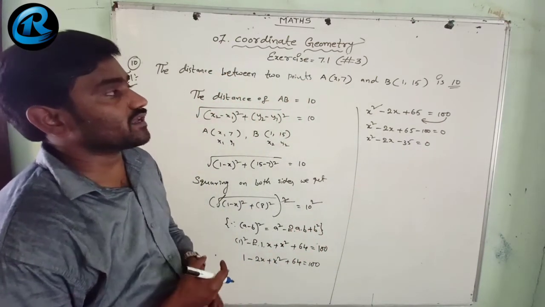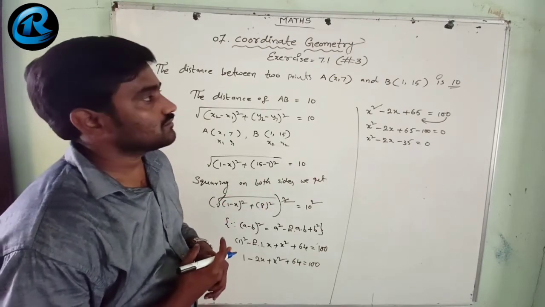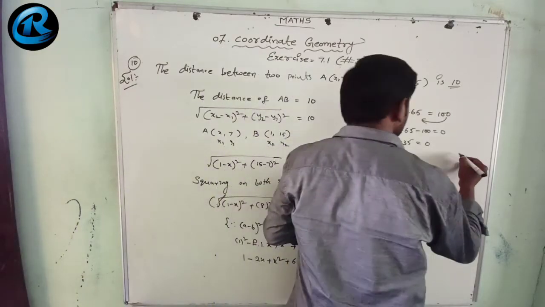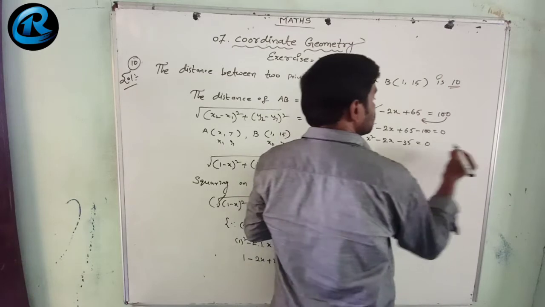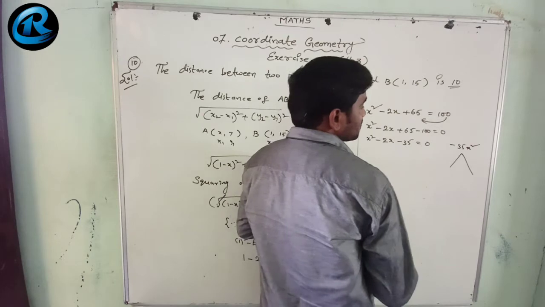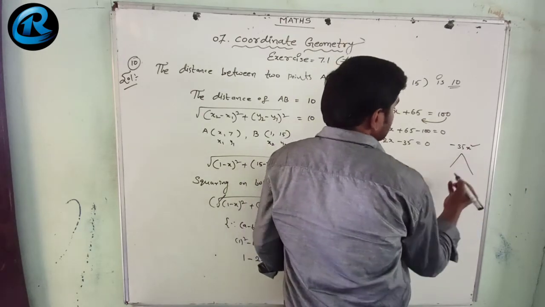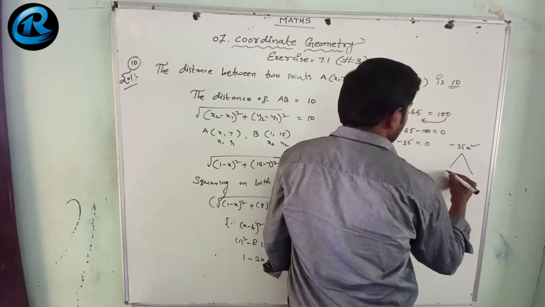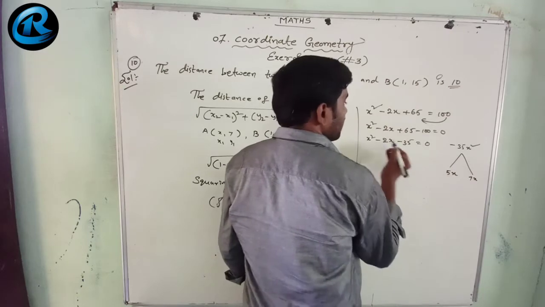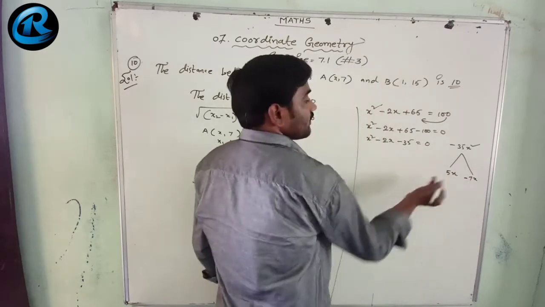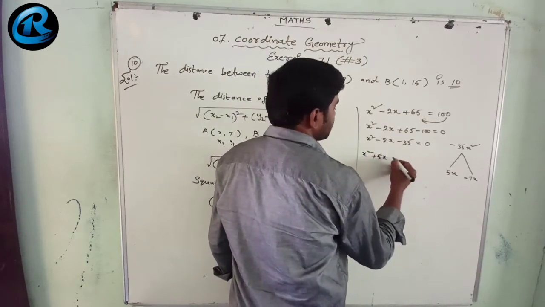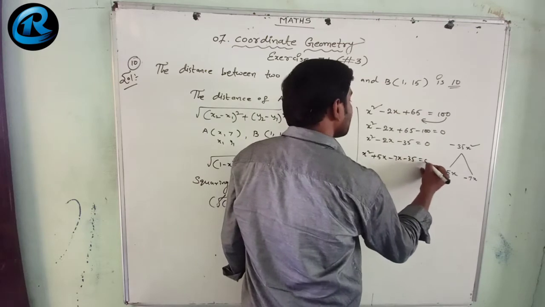And see that we got a quadratic equation. We need to find out the x value. Quadratic equation form came, so splitting the middle term method or factorization method. x square into minus 35 x square. How can we write this 35? That means 7 5 is 35, 5 7 is 35, and minus we require, so minus we have to put here. 5x minus 7x is minus 2x, balanced. x square plus 5x minus 7x minus 35 equal to 0.